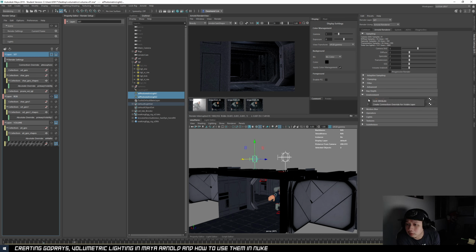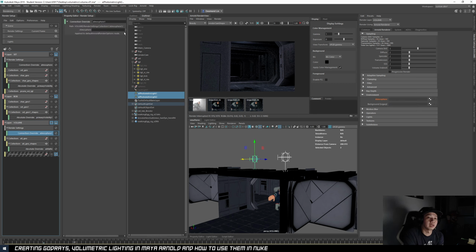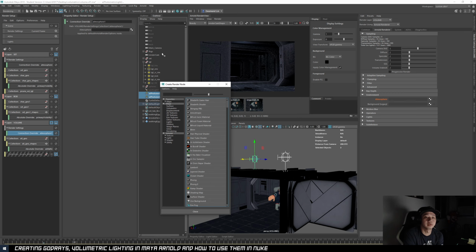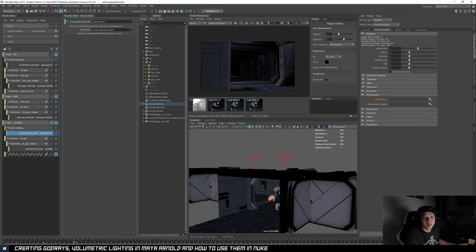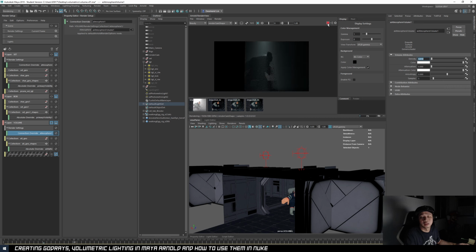Basically, I want to break the connection here. So we can break connection. So basically, the overall scene does not have the atmosphere, and we go into our volume pass view from there and add the atmosphere into this volume pass. I think that is the easier way to manage your scene. So you can just type aiAtmosphere, then put in the values there, so 0.01. Now if I render this pass, I should get my volumes.